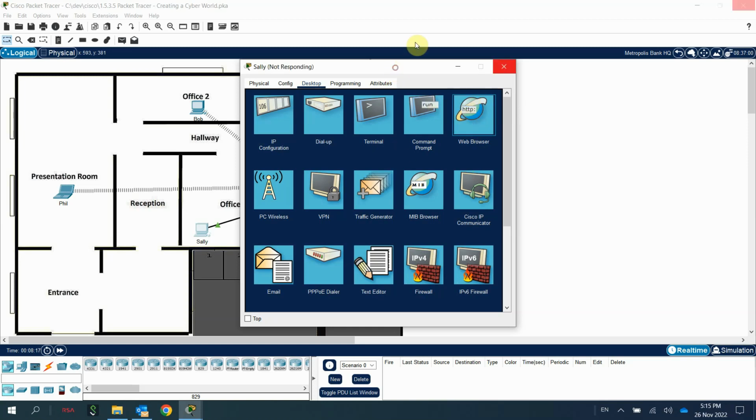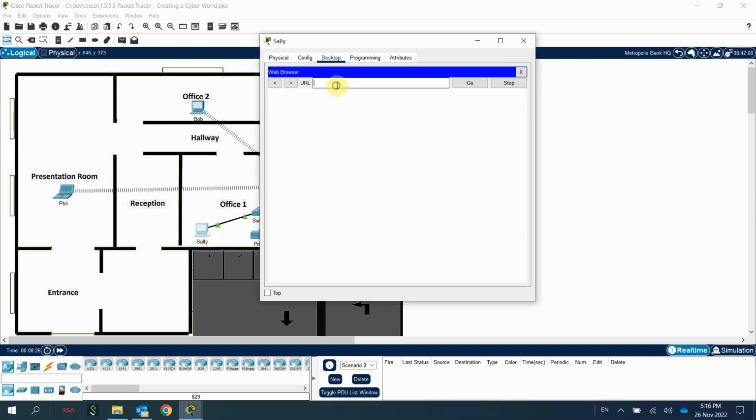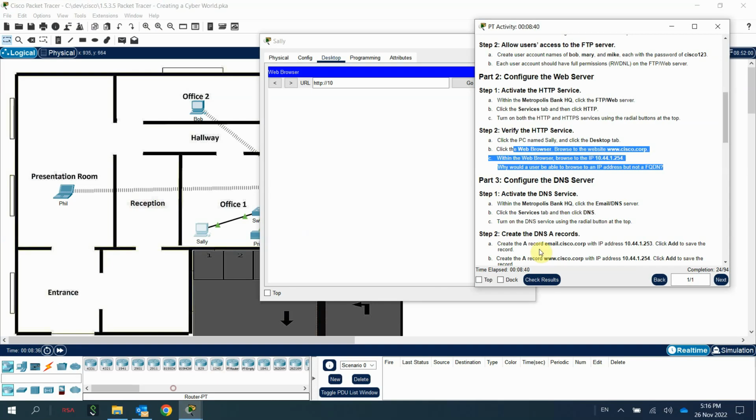It takes a while to load. Okay, sorry. Let's go to Sally again. So here goes. We can type in HTTP. Then, what does it say? It asks you to go to, first of all,